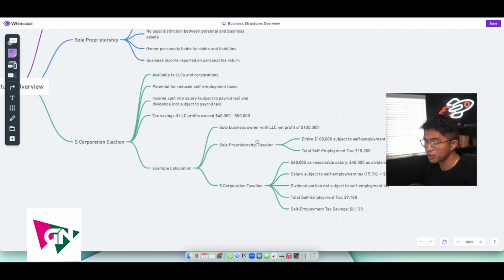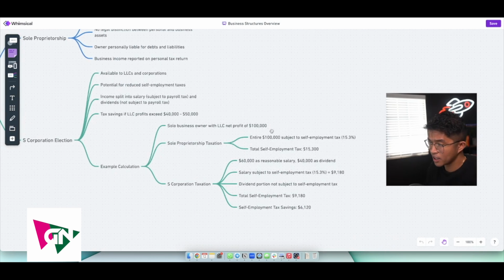Now, as an example calculation, I just drafted this up. If you're a self-employed business owner and you don't have an LLC, I highly recommend you get one. But if your LLC, let's say, made a net profit of $100,000, if you were to file taxes as a sole proprietorship, your entire $100,000 is going to be taxed at roughly 15%, which means that you pay $15,000 in